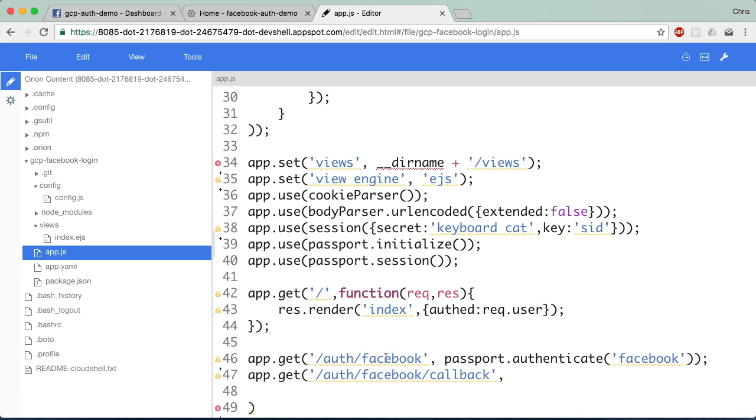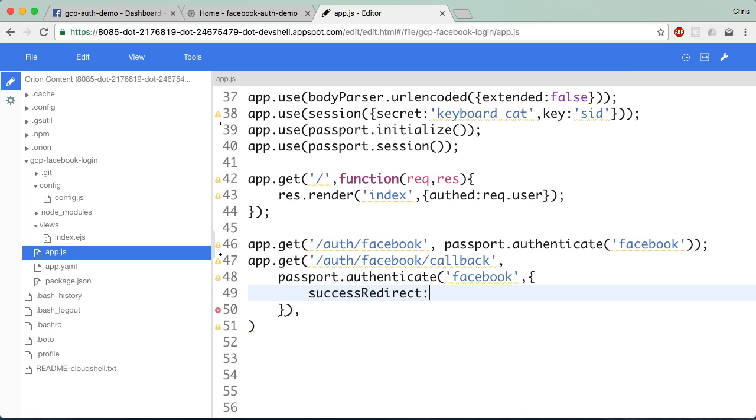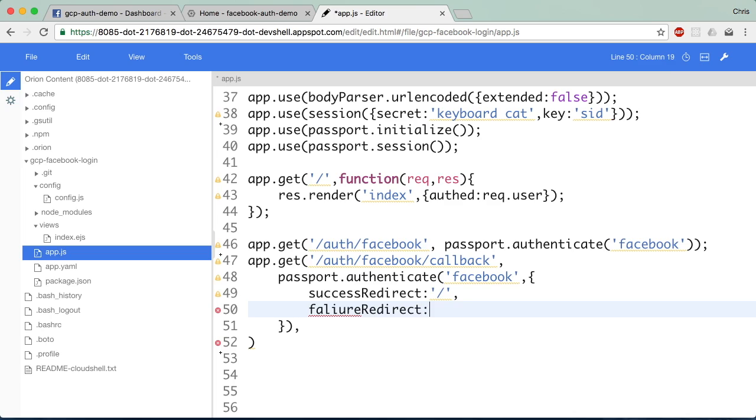Now those are the endpoints for the Facebook authentication itself. If you again think back to the first video, we specified that when somebody clicks on the Facebook login button, it'll take them to a particular URL. Now this URL is /auth/Facebook. And what we want to have happen if somebody visits that URL is execute a function that comes as part of the Passport module, which is authenticate. And the parameter there, Facebook, just says what type of authentication I want to use. So Passport actually supports multiple different types of authentication. You could authenticate with Twitter if you wanted, or Google+, but for this example we're using Facebook,